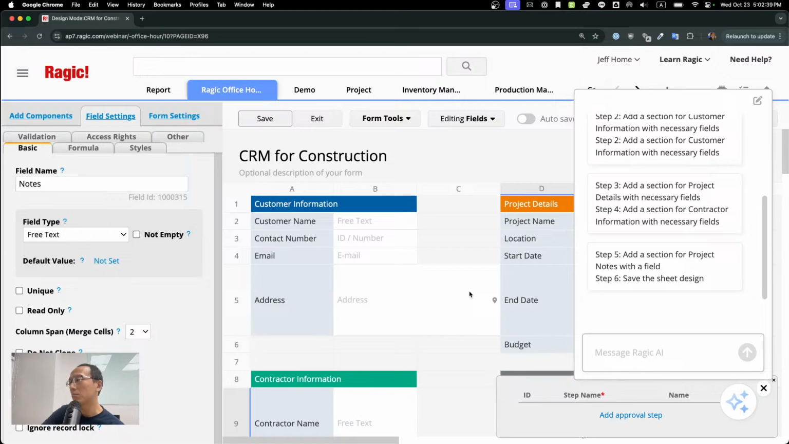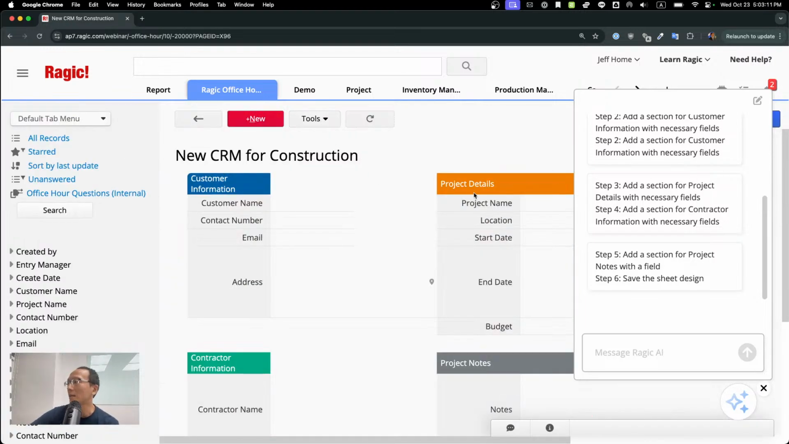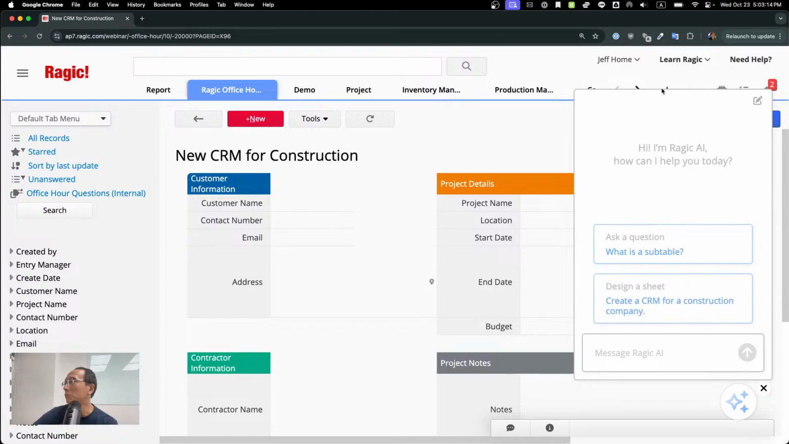Because today generative AI has a lot of what we call common sense, it understands what a CRM is. It understands what a construction company does, and it also has access to all the Ragic knowledge database. So when we put them all together, it's going to be able to design all sorts of Ragic applications for you, even what we just witnessed, from scratch. What's even more interesting is that it can not only create an application from scratch like this, it can also make edits to an application that